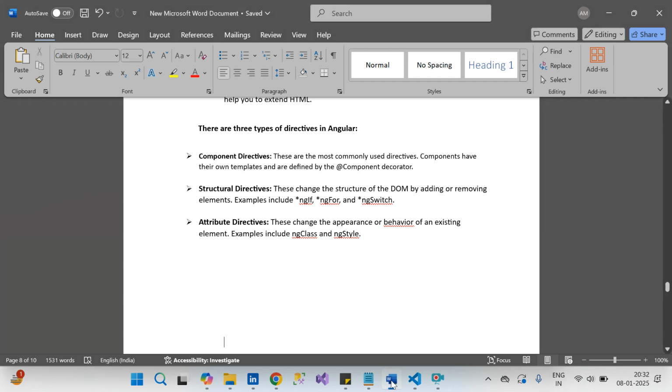And another one is the structural directive. In structural directives we have NgIf, NgFor, and NgSwitch. This is similar to a plain C sharp condition. With NgIf, if we need to put some if-else condition in the HTML page, in the user interface, then we can use *ngIf. And similarly for NgFor,